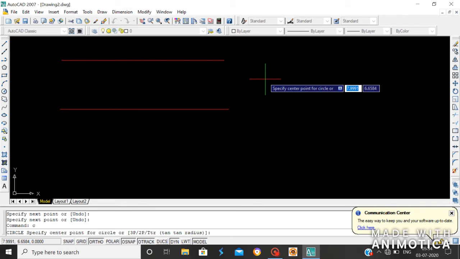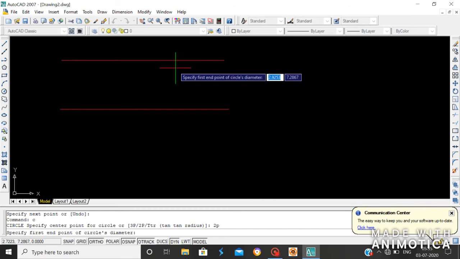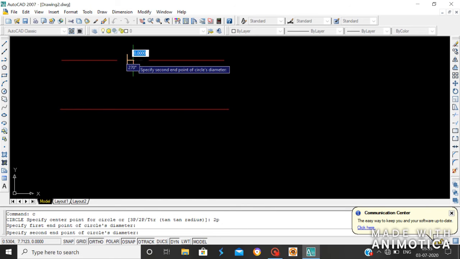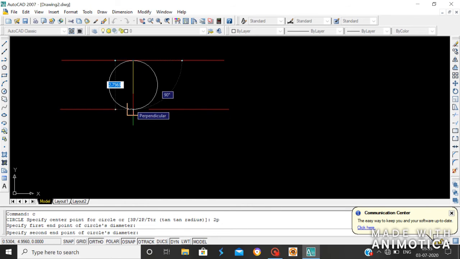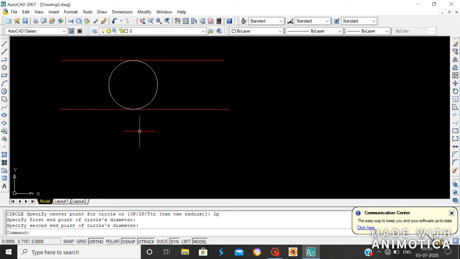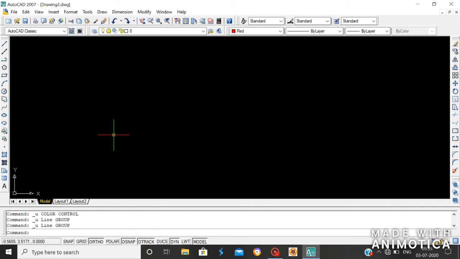Then for choosing the 2P circle method, i.e. the 2-point circle method, press 2P, then enter. Here you have to specify the first end point of the diameter, then specify the second end point of the diameter. Keep the ortho mode on, it helps. In this method, there is no need of checking any dimension.